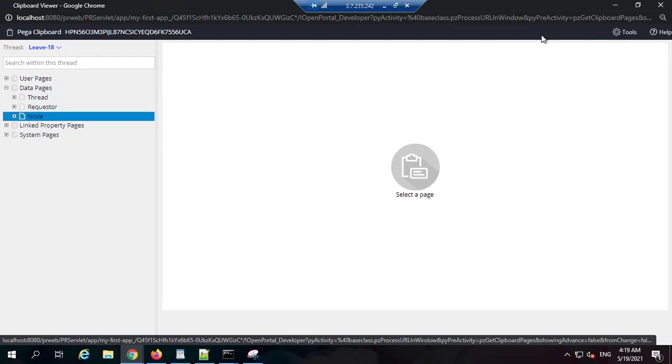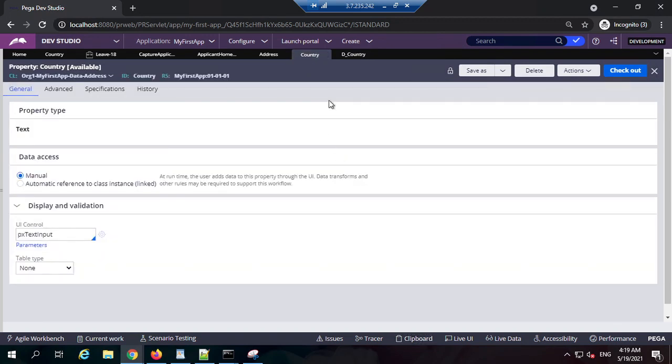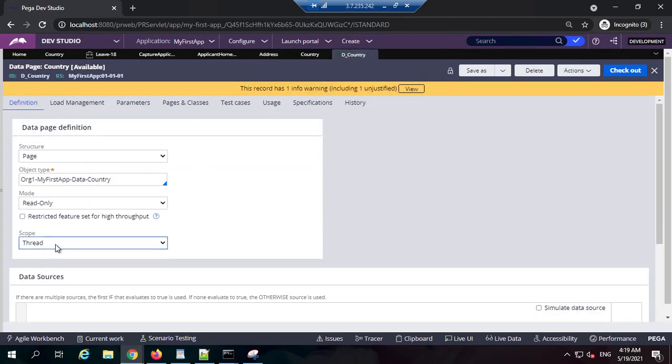And node will be something, let's say the same example, country list. This country list is not going to change very frequently, or it will not be very different for every other user. So I can mark it as node level. Based on this scope, the loading of the data will change basically.